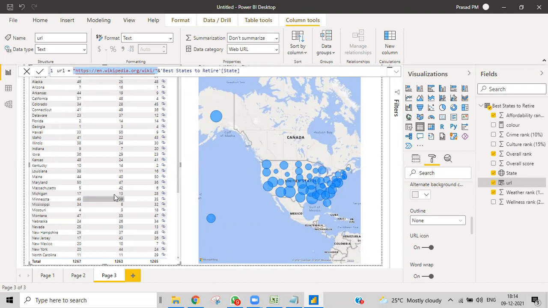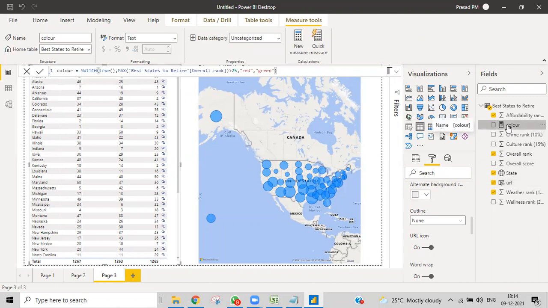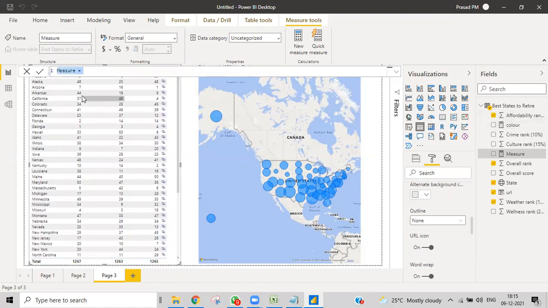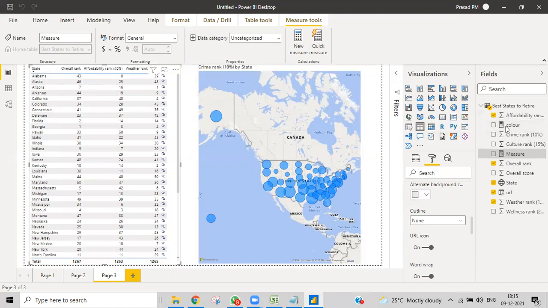That's a new measure thing you added, no? You added a new measure or something. No, I didn't. Rather than taking a column, I took a measure, and then again I came back and created a column. What is that measure? This is the measure. Every time we create something, this is also a measure, and you can see this in a calculated form. Right now you created a color also as a measure.